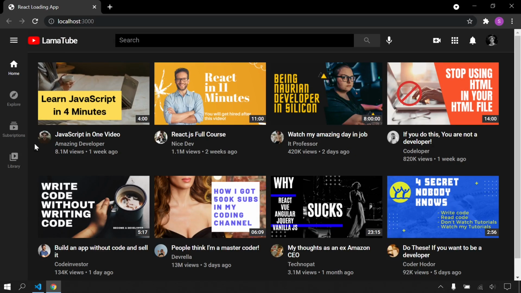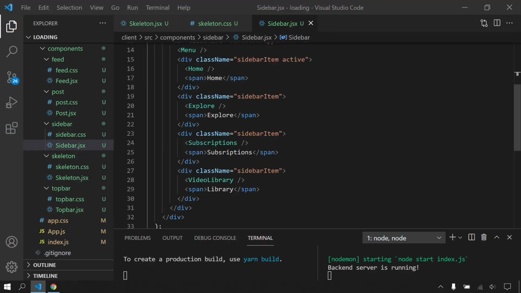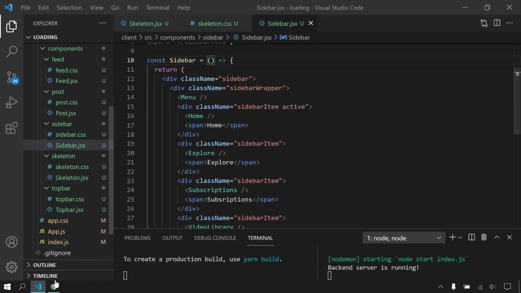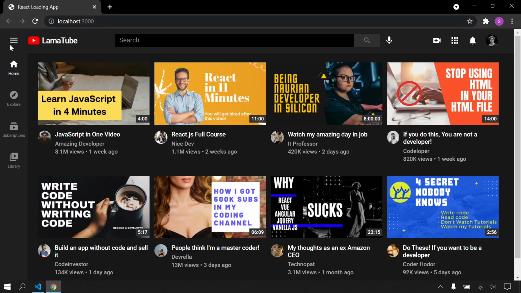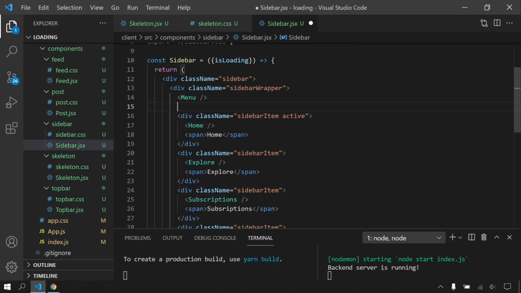So let's do the same thing for this sidebar. I will go to the sidebar. Let's see what we have here. We have wrapper and menu. This is our menu, and this is our other icons. So it starts from after this menu icon. So I can write here, but before, let's take this prop is loading. After menu, I will say if it's loading, call my skeleton component.